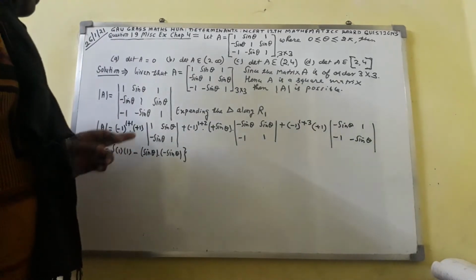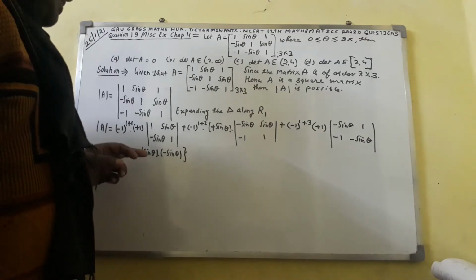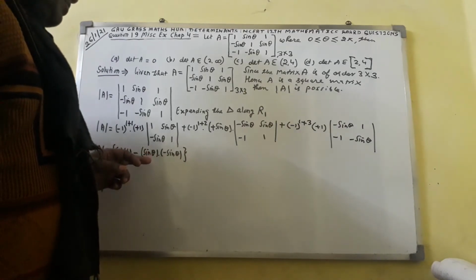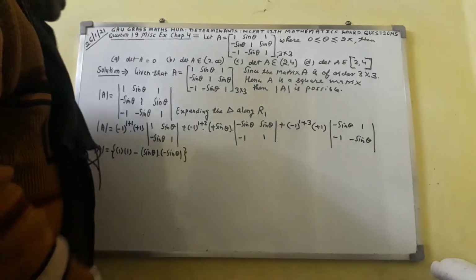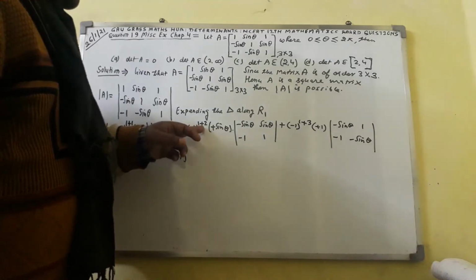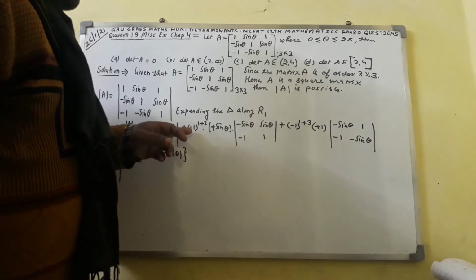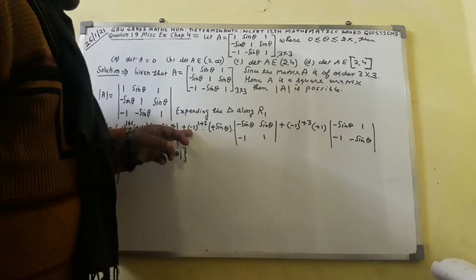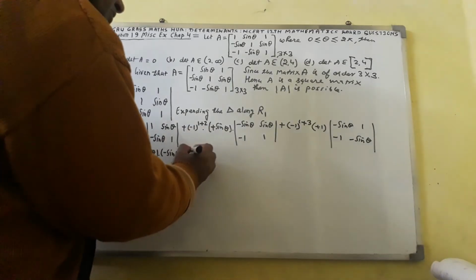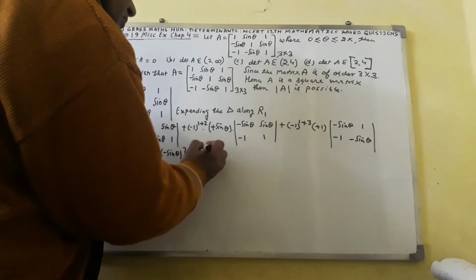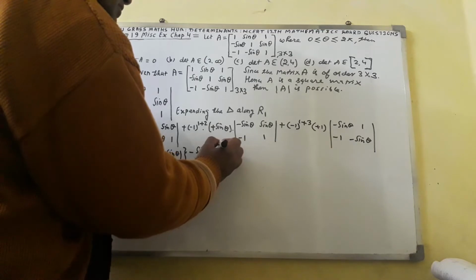Elements of principal diagonal 1 and 1 will multiply together. Minus, that is fixed here, and elements of reverse diagonal will get multiplied together. Sin theta will multiply to minus sin theta. Here you will get minus 1 raised to power 3. 1 plus 2 comes out to here 3. So here you will get minus 1. Minus 1 multiplied to plus sin theta comes out to here minus sin theta. Here I shall write minus sin theta.